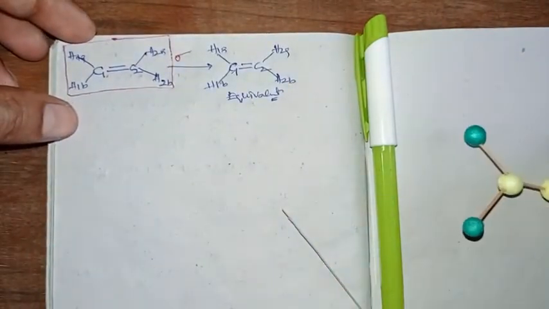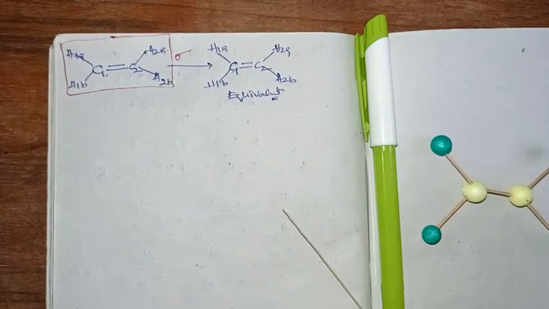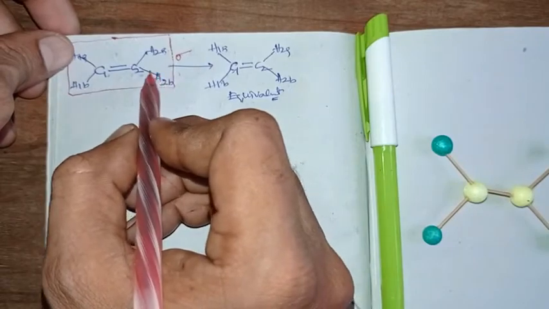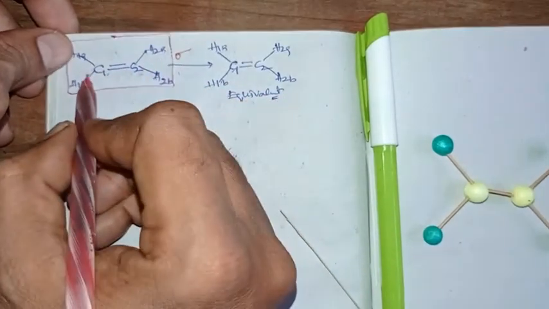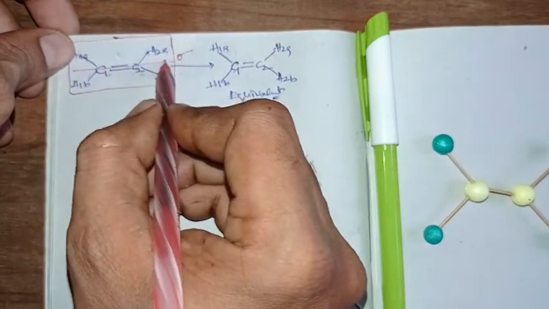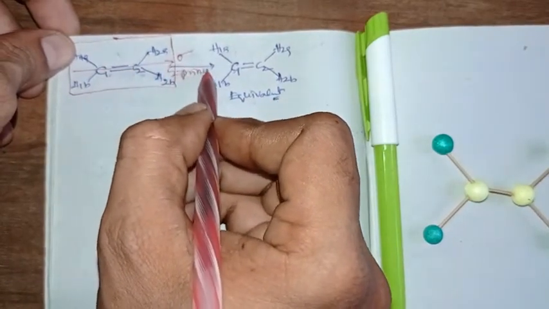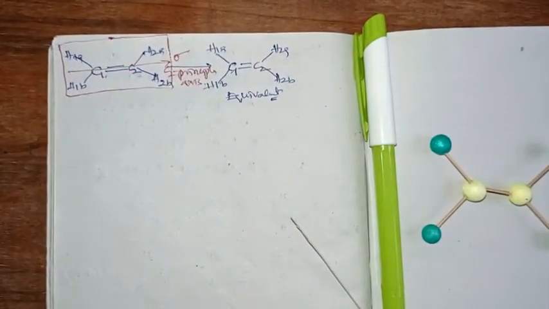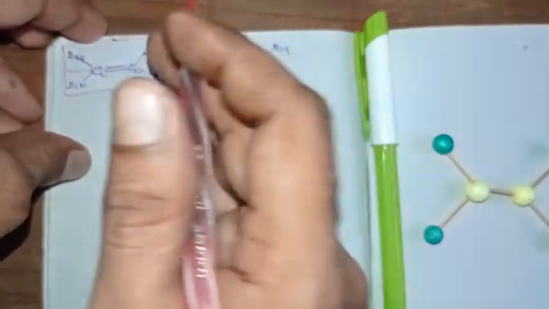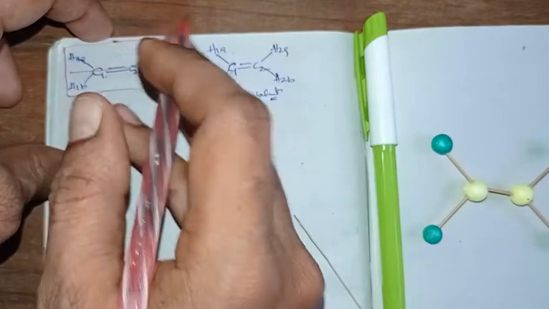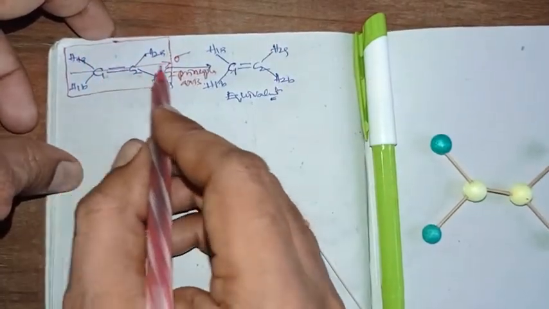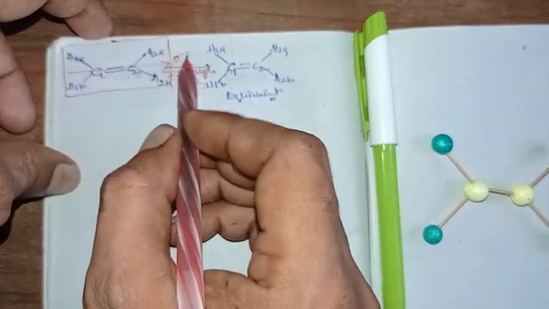So this particular plane of symmetry, when we classify it, is it vertical, horizontal, or diagonal, right? With respect to the principal axis, the principal axis is passing through the carbon carbon double bond, and the plane is also passing through the carbon carbon double bond. So here in this case, this plane will be either vertical or dihedral, but not horizontal, right. To be horizontal, the plane should be perpendicular to the principal axis, right. Here the plane is passing through the principal axis, so it will be vertical, not horizontal, right.